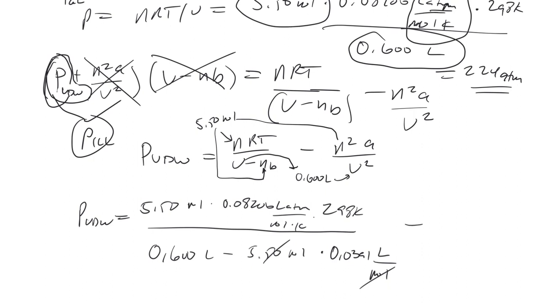Let's actually calculate this real quick here. I just want to see what this is equal to, because this is like the free space volume in the denominator. So the 0.6 minus 5.5 times 0.0391, my free space volume is 0.385. So you can see the gas particles are definitely taking up a non-negligible portion of this container at this high pressure.